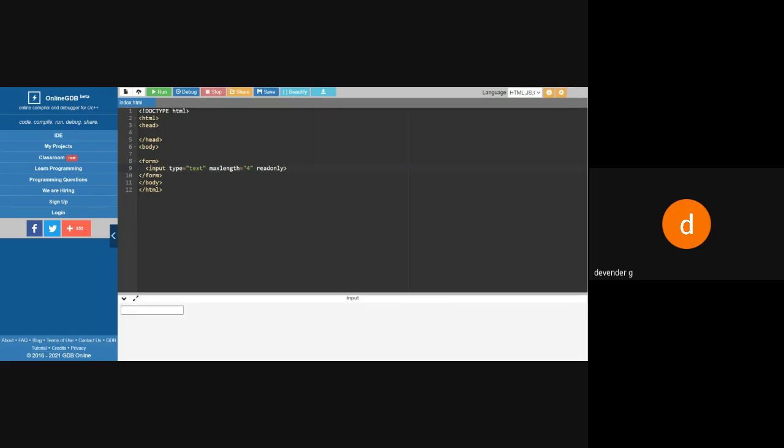So up to this, any more doubts? These are the exercises we have covered till now. Anything we have missed? We have seen the attributes. We have seen the input types. Then we have seen the frames. Iframes are there, but it's not in our syllabus. Okay, let it be. We will try this also.